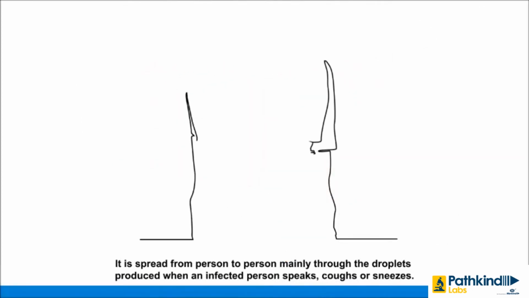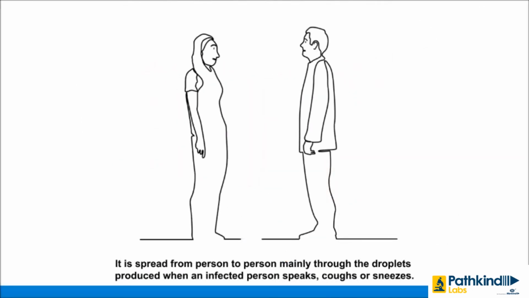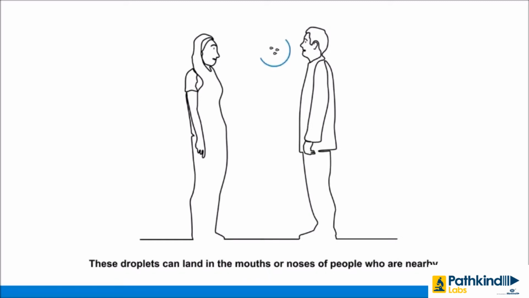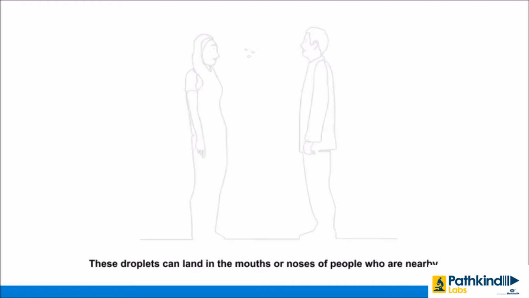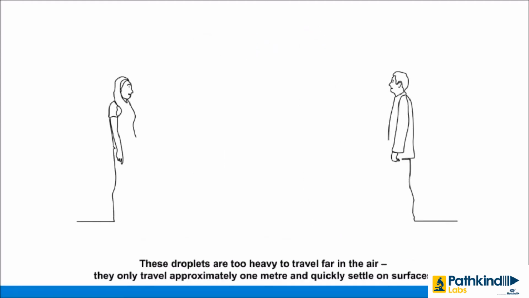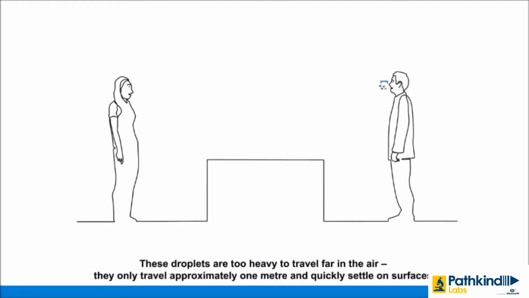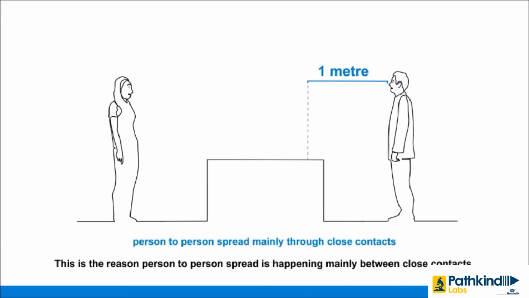It is spread from person to person, mainly through the droplets produced when an infected person speaks, coughs, or sneezes. These droplets can land in the mouths or noses of people who are nearby. These droplets are too heavy to travel far in the air. They only travel approximately 1 meter and quickly settle on surfaces. This is the reason person-to-person spread is happening mainly between close